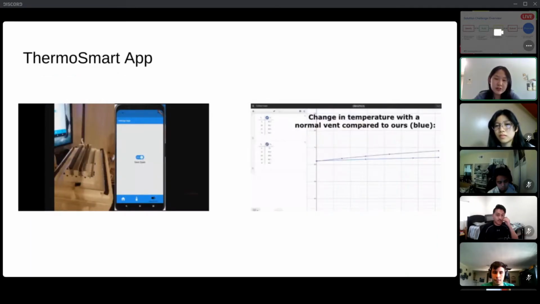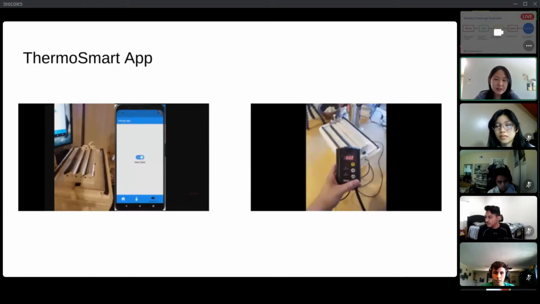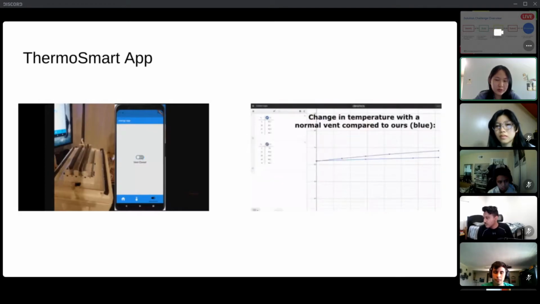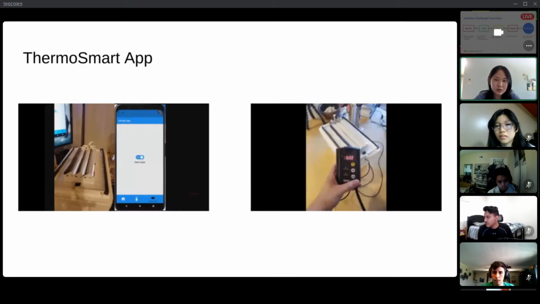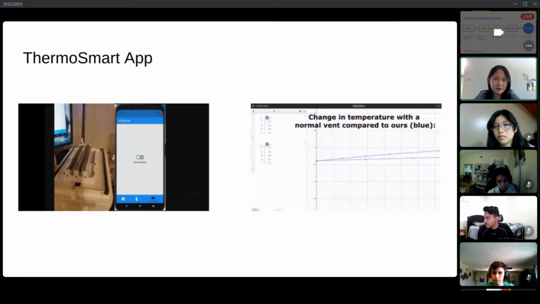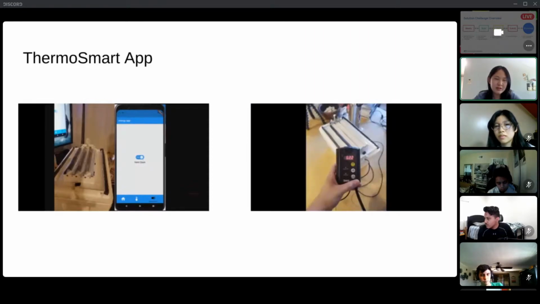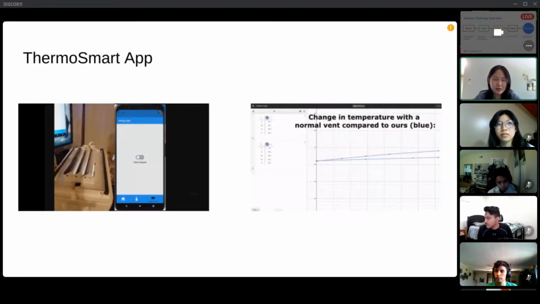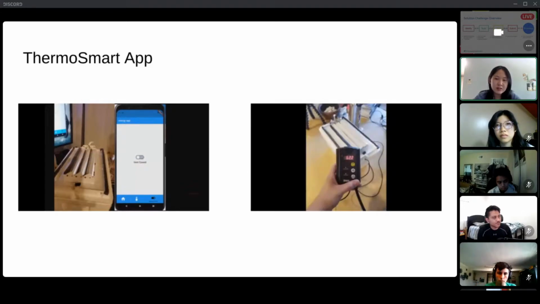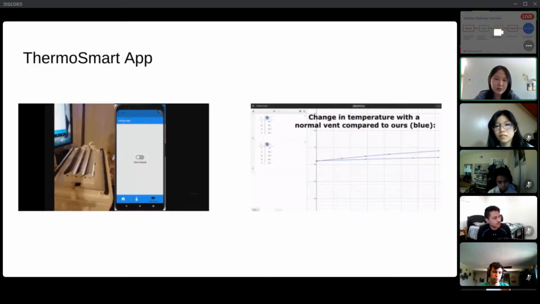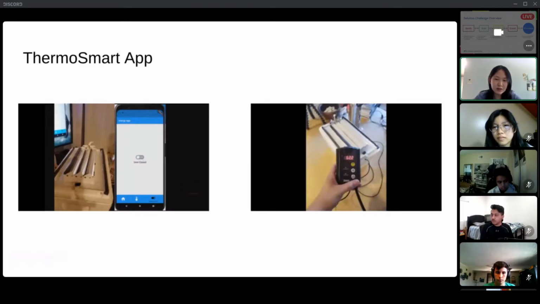To actually build the interface of the app, we used Flutter. As you can see from the GIFs here, we could open and close the vent with the push of a button if the users wanted to control it manually. We only had time to build the manual part of the app since we didn't have time to train a model based off of base data that we could use to detect patterns in usage. On the left, you can see the button pressing of the app and the vent opening and closing. The vent was built from a styrofoam box with a vent cover on it